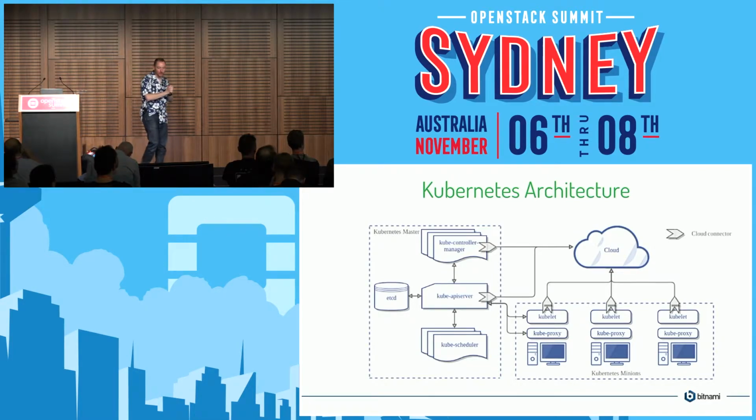For our purposes, here's a slightly different version of that diagram. This highlights all of the interaction points where we talk to the underlying cloud, which in this case is OpenStack. So you'll see the important ones are from the kubelet on the hosts and from the controller manager. They're the main ones. We have a less significant point in the API server, which also talks to the cloud. So they're making OpenStack API calls through the code we're about to talk about.